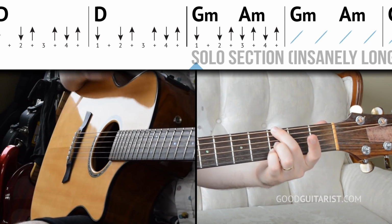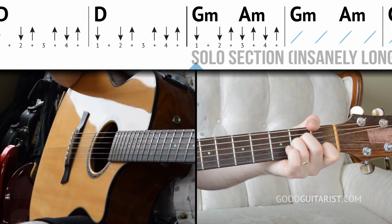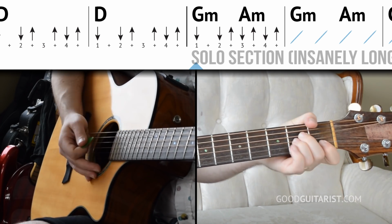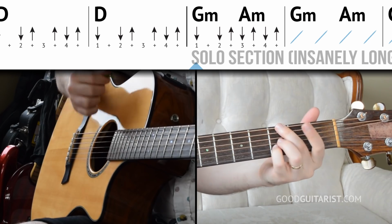So, pretty basic. Down, down, up. And then on A minor, we go down, up, down, up. And I like for that first downstroke to be quiet, really quiet, just a little one. Down, up, down, up. When you put that together,